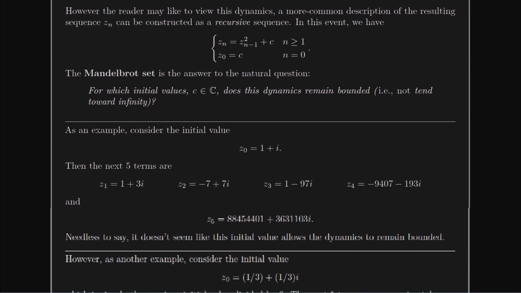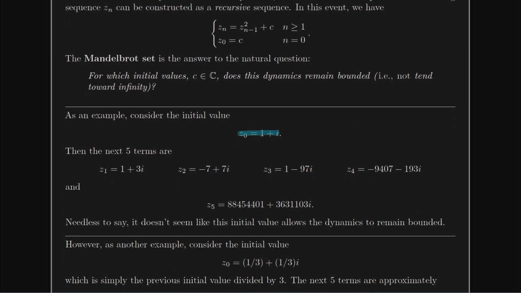And so, as an example, if we consider an initial value like 1 plus i, for example, you can calculate some future terms, like the next term, z1 will be 1 plus 3i, z2 will be minus 7 plus 7i, z3 will be 1 minus 97i, z4 negative 99407 minus 193i, and z5, this giant collection of numbers, it does not look like this initial condition I've grabbed, 1 plus i, is going to stay bounded. And we're not going to prove that right now, but it gives you an idea that maybe some numbers don't stay